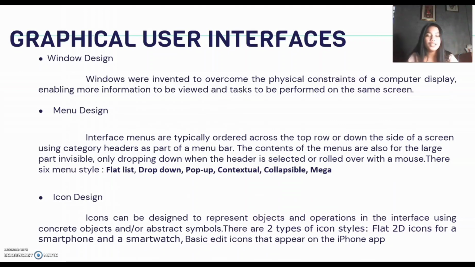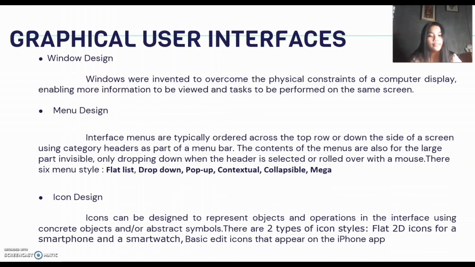The flat list is good for showing a large number of options at the same time, whether the display is small or big. The drop down shows more options on the same screen, for example the cascading menu. Pop up is when you press a command key for relevant options. The contextual menu